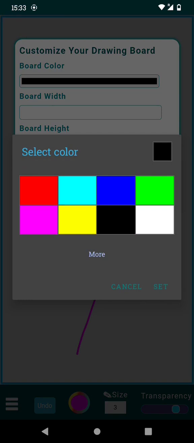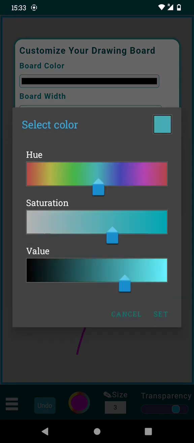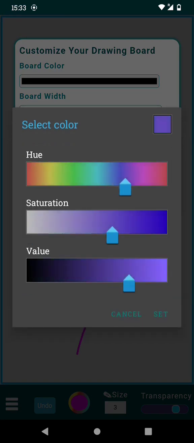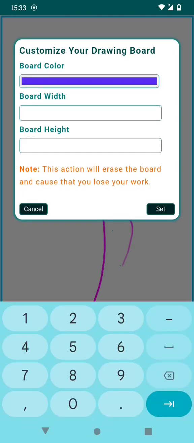Let us say we want a board with the background color in this, and we can also customize the board width and the board height, 250 pixels and 350 pixels. Now let us draw something here,